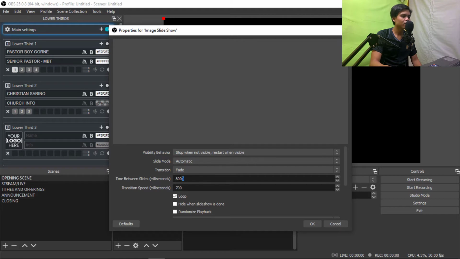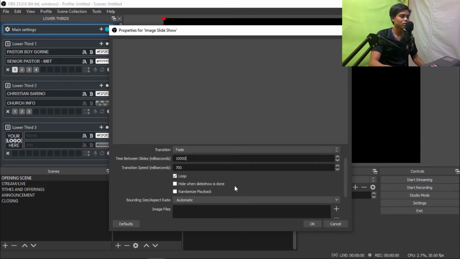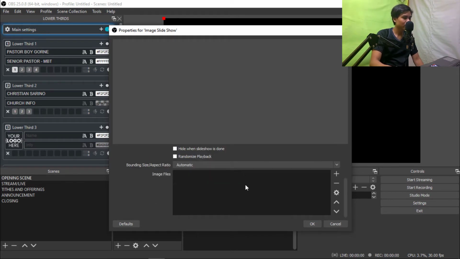Then the time between slides. Milliseconds is 1,000 of a second, so 8,000 milliseconds is equal to 8 seconds. I usually set it to 10,000, so it's 10 seconds. Transition speed, it's okay if you leave this at 700. It's just how fast or how slow the transition is. And I set it to loop so that it goes back to the start. And then image files,